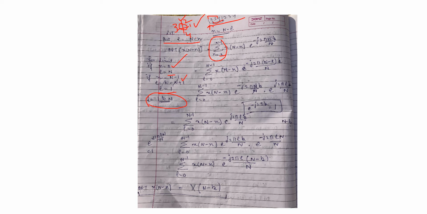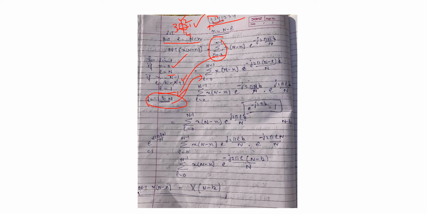So instead of writing n in terms of L from 1 to N, we write L is equal to 0 to N minus 1, because it is a circular sequence. It doesn't matter if we write 1 to N or if we write L is equal to 0 to N minus 1.